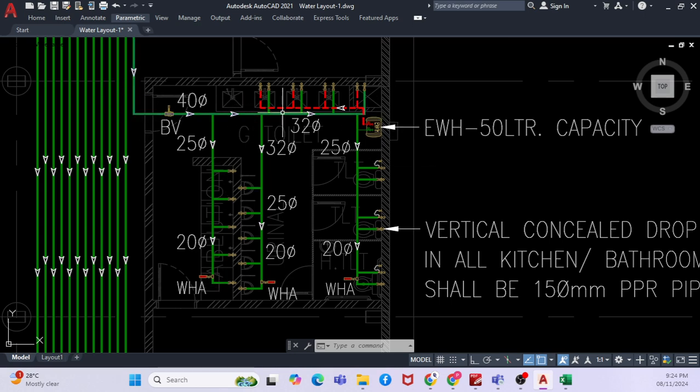So when you do the pipe sizing, you will be doing it based on the water flow rate. But this water flow rate you cannot apply directly. Say for example I have a wash basin, assume that I require 1 liter per second, or I will say in GPM, 1 GPM is required. If I calculate all the wash basins, all the WCs, all the urinals, all the ablution areas, say I have 50 GPM, I cannot size my pipe for 50 GPM. I can size my pipe for 50 GPM, but the project cost will go high,